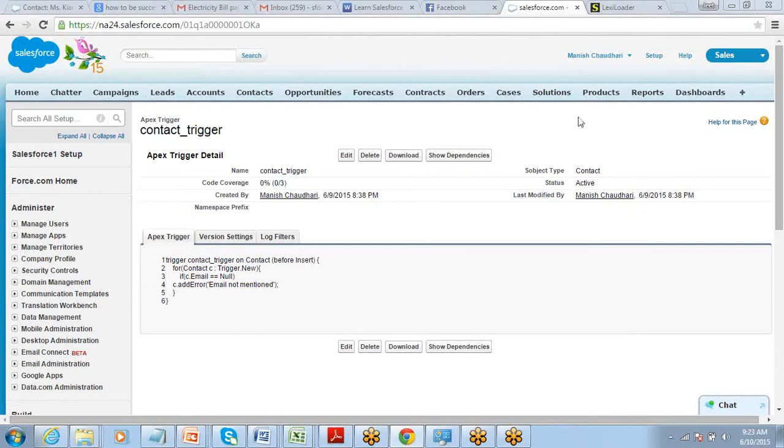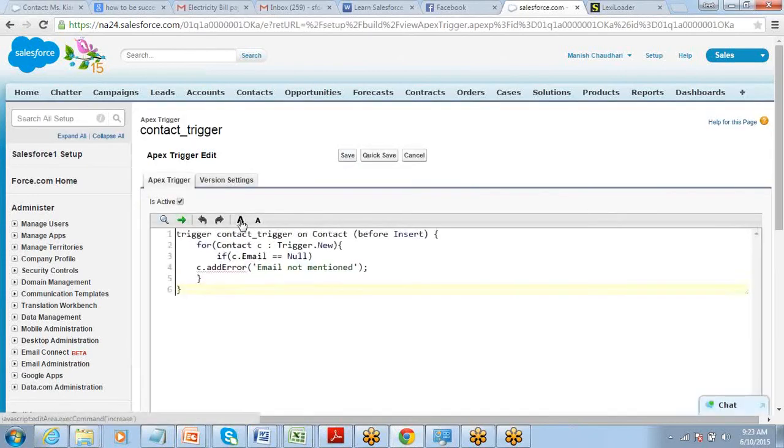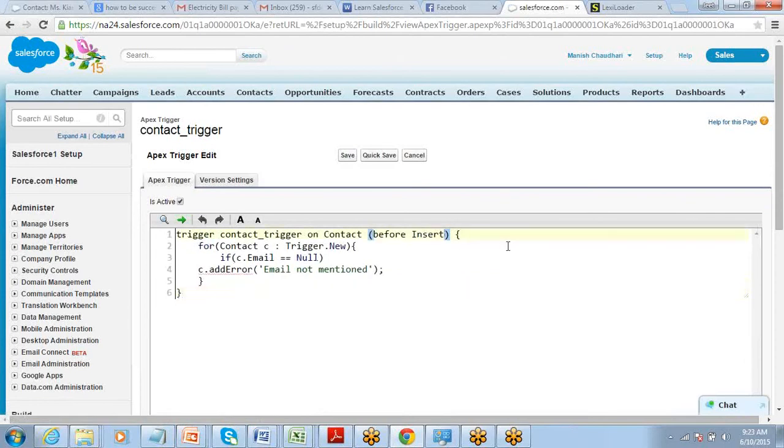The trigger that we have written now works absolutely okay for the insert, before insert, right? But if there is an existing contact and you update that contact and then you try to save it back, at that time also, don't you think this email should be checked, right? So if you want the same code to get executed at the time of an update operation also, then you should put one more event. Now this will work only when a new record is created. It would not work when an existing record is being updated, right? So for that, what we have to do is we just have to put one more event here, before update.